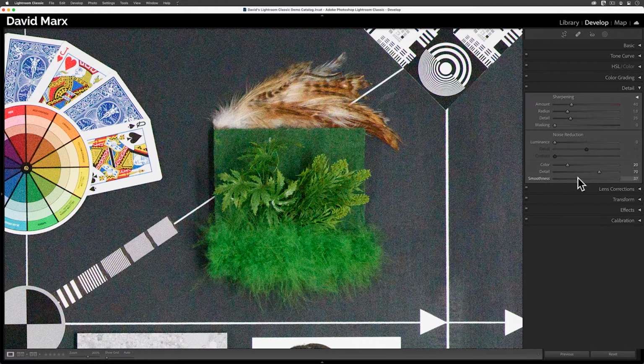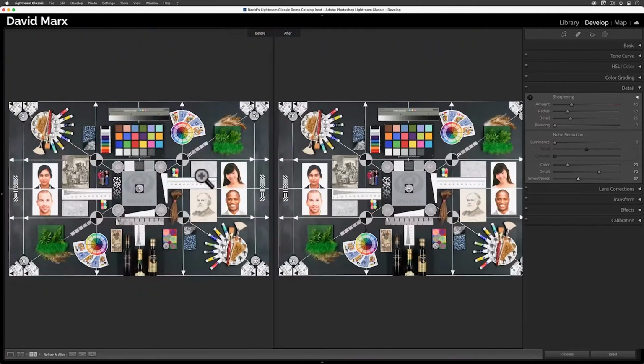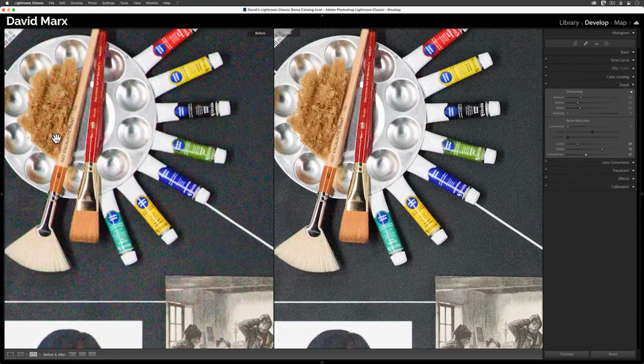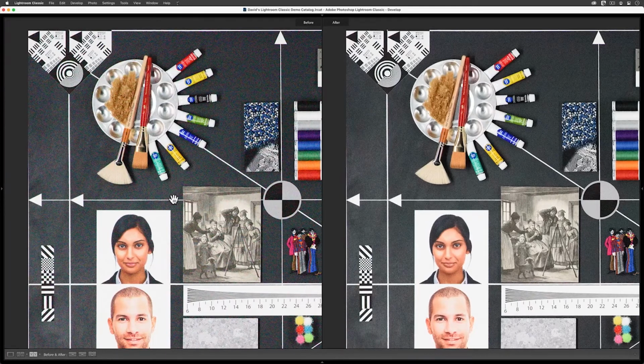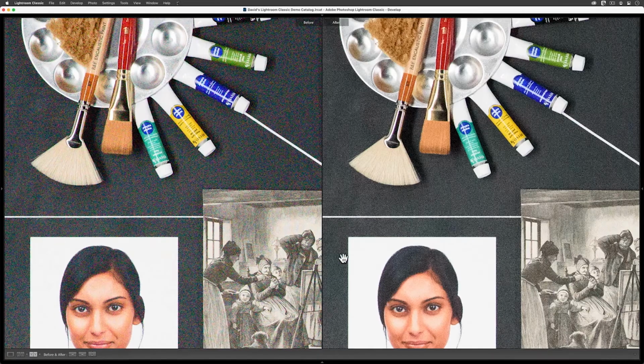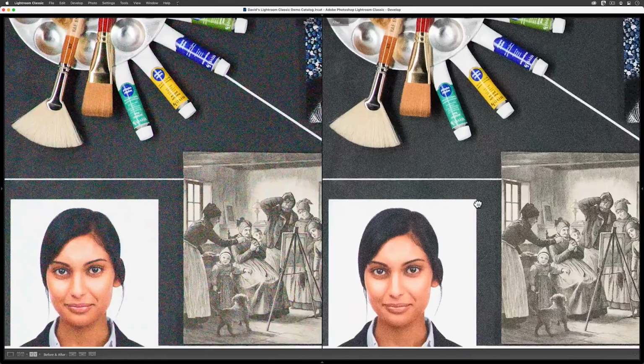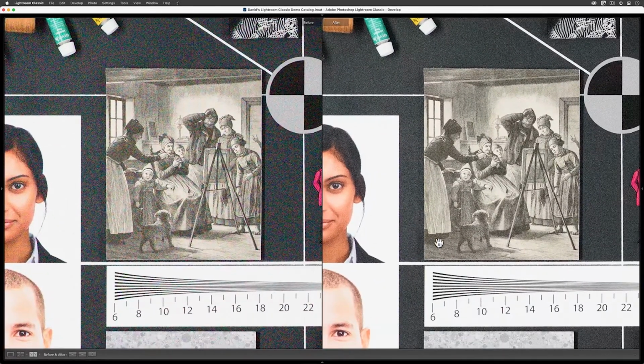Let me press the letter Y on my keyboard right now to split the screen. And let's move back to that area where we first started. On the left is the original image with all its flaws, and on the right is what we have now that we've carefully removed the colored noise. The one on the right looks much better to me, and if I move this area up to the center of the screen, then I think you can see a noticeable improvement.